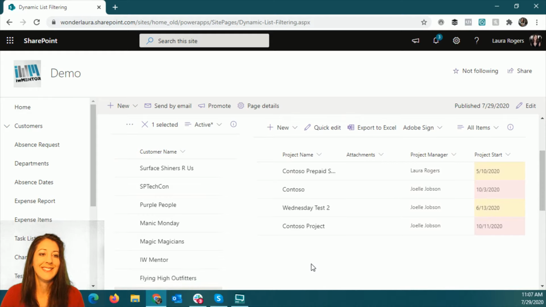So I have a SharePoint list called customers, and this is my demo site. This is where I do all my demos, and I've had this list for probably 5 years of these customers. It's just a generic list of customers, and I have a view called active in here. My active view is just filtered to show customers with a status of active, and it's just showing one column, the customer name. And then I have a list of projects,